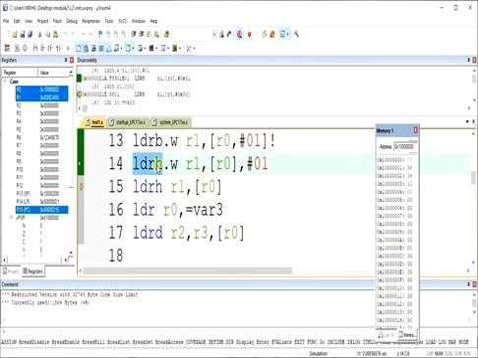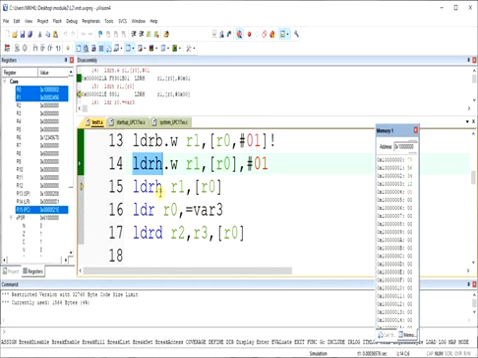Half word. H stands for half word. From which address? What was the main base address? That was this value and this. So 2 byte values, 3 4 and 5 6, means it is 5 6 and 3 4. Those two values are loaded there.